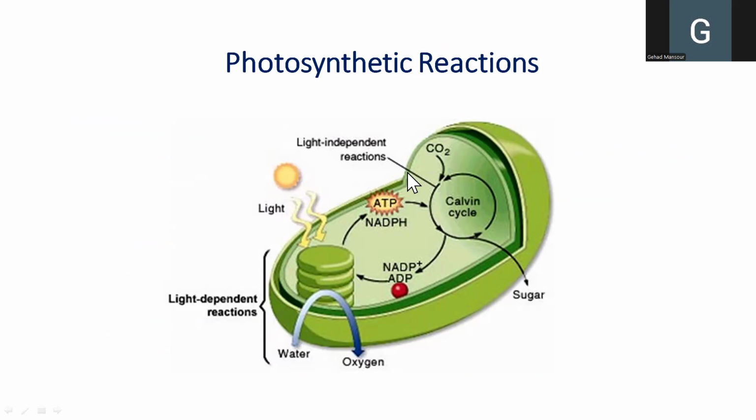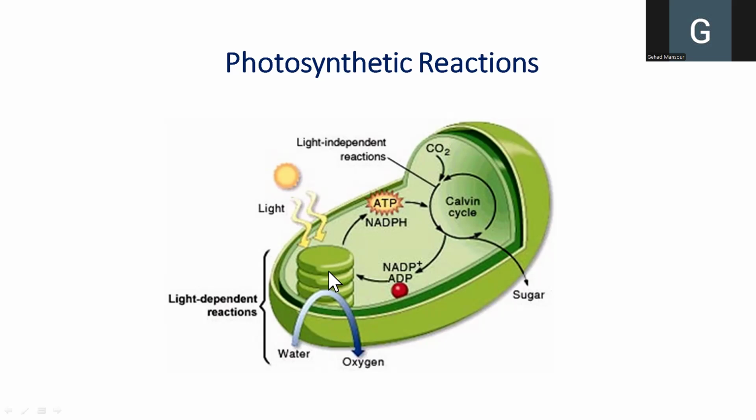So here again, if we want to visualize the site of the photosynthetic reactions, then we will have the light-dependent reactions inside the granum and the Calvin cycle, or the light-independent reactions, outside the granum. This diagram tries to summarize the processes together. So light energy falls on the colored pigments inside the granum,